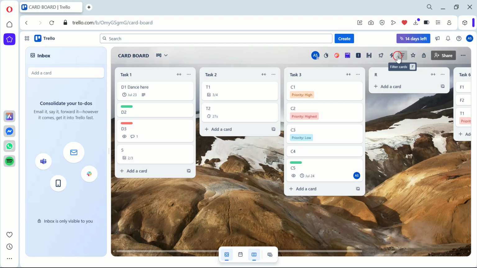You've just learned how to use Trello's Quick Member Filter. It's a simple yet powerful tool that can significantly improve your team's project management. Make sure to give it a try, and you'll see how it can